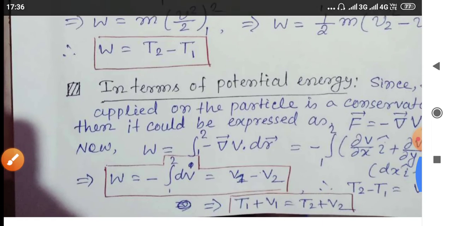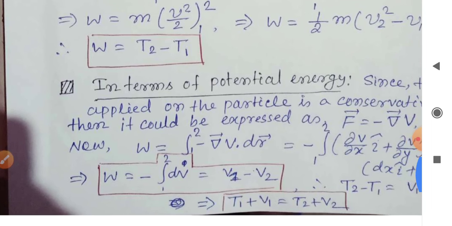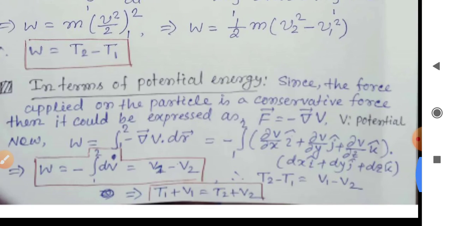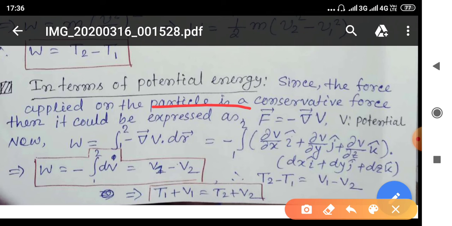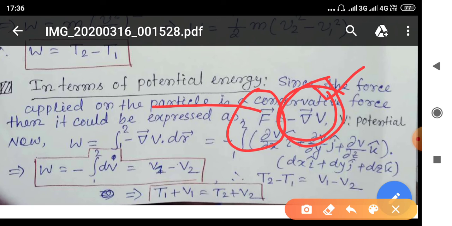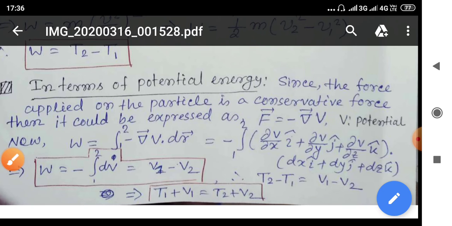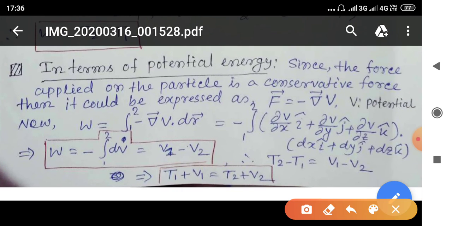Now we would like to find out the work done in terms of the potential energy. As we know, since the force applied on the particle is a conservative force field, then it could be expressed as a negative gradient of the potential. So if F is a conservative force field, then F could be expressed in terms of the negative gradient of the potential. And we know what is the geometrical interpretation of the gradient. We have discussed in the vector calculus chapter already. So now W becomes